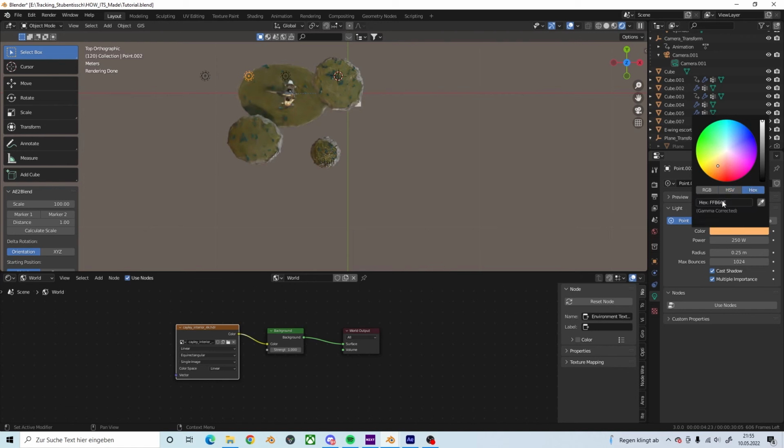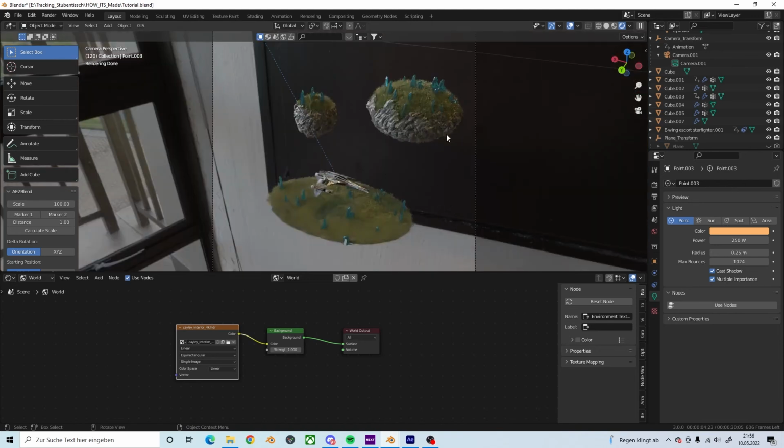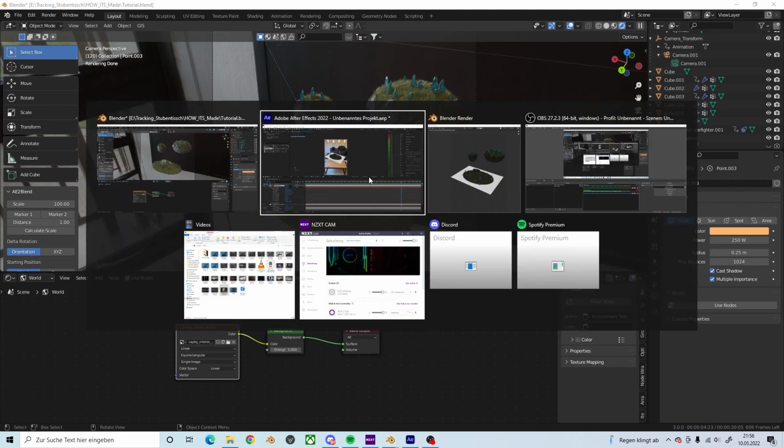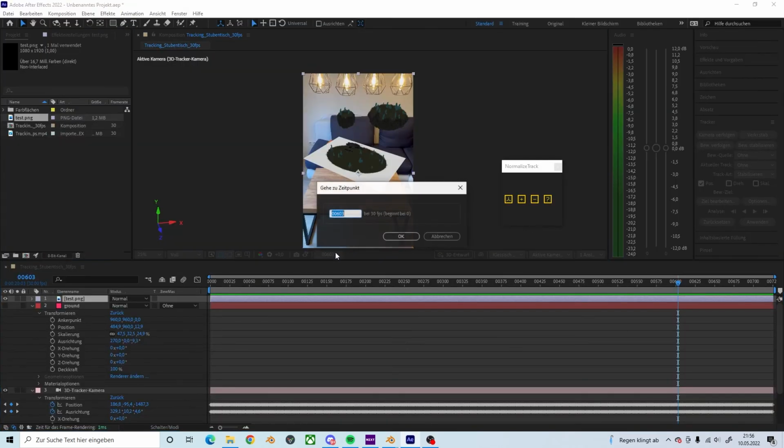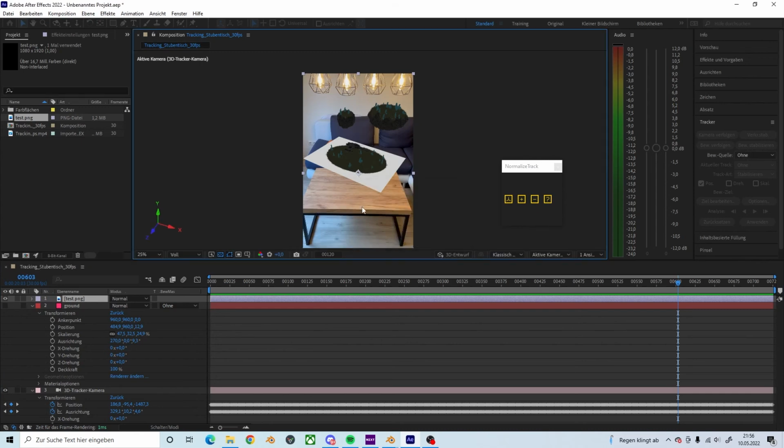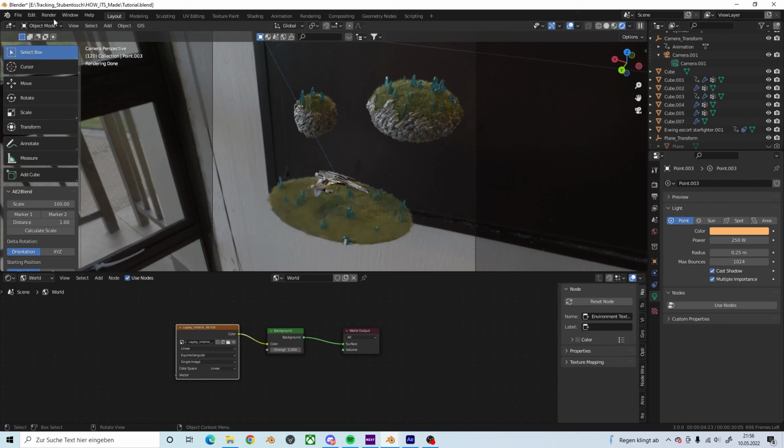Went in here, copied the hex code. Went to the last one and pasted it. So the light setup would be similar to the one I got in my living room. And if you go back to our frame 120 and render this frame again,